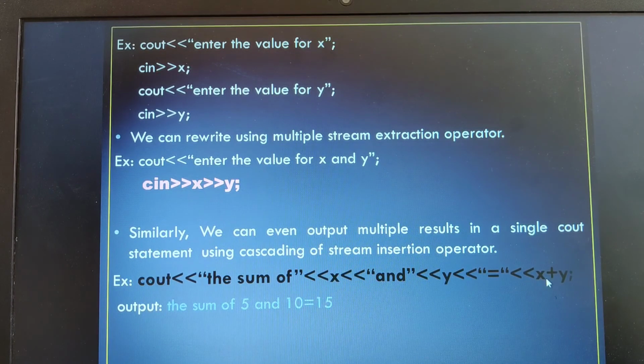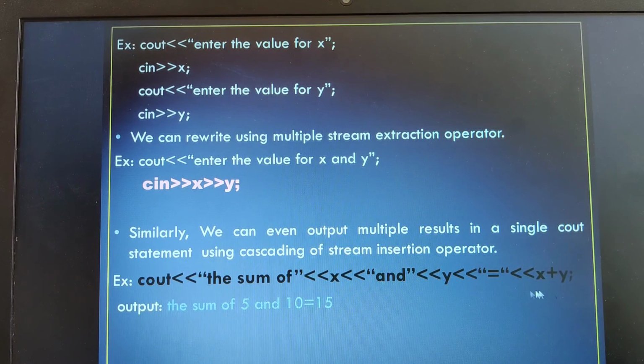Then here only I am performing the calculation. I didn't take a separate extra statement as z is equal to x plus y and then print z here. No, within the same statement I could combine the multiple stream insertion operators, and I am able to print the result here. So here I am performing the operation x plus y, that is 5 plus 10, so the answer here will be 15.